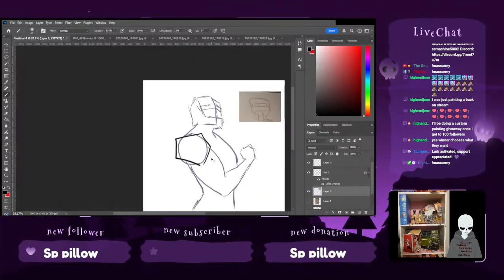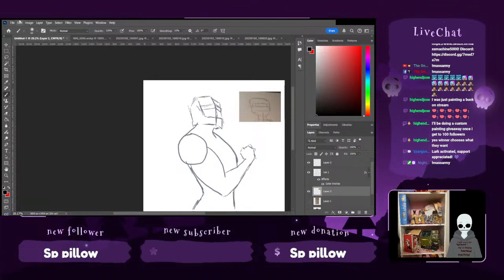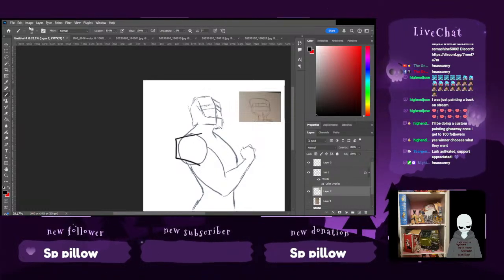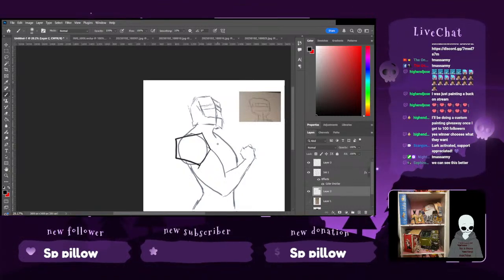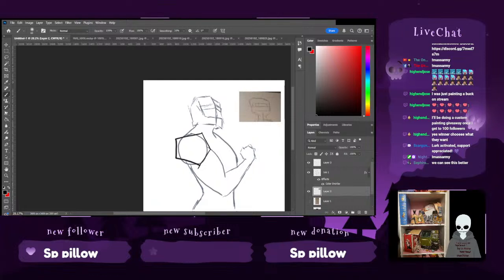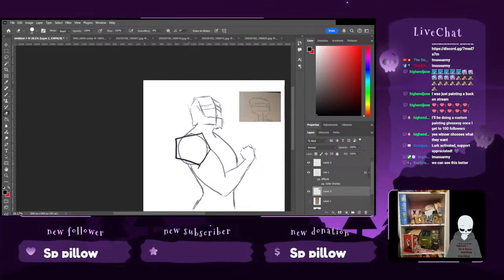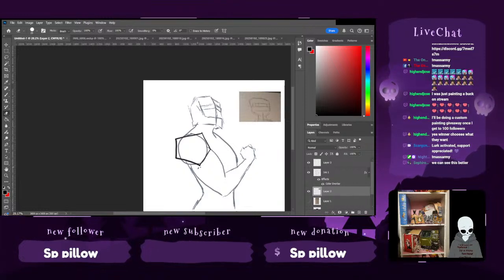That's more interesting to look at. I wish I could draw straight lines. But also, I kind of want it to have like a comic book vibe. So maybe it's okay if they're not perfectly straight lines.